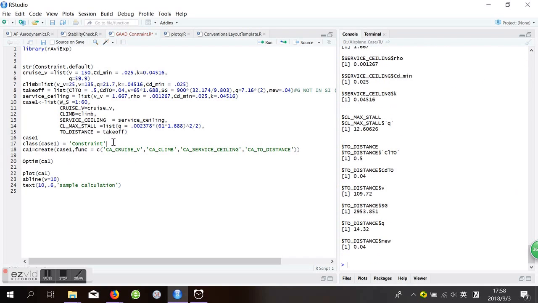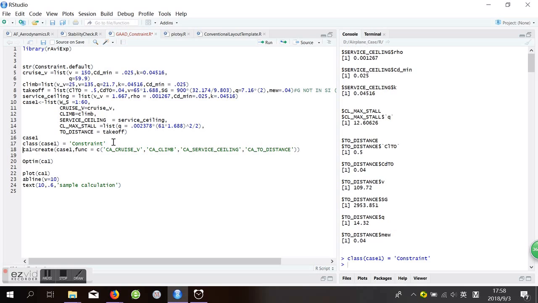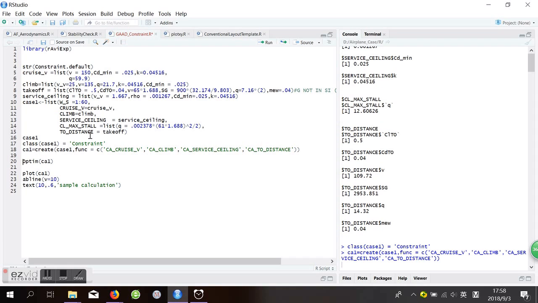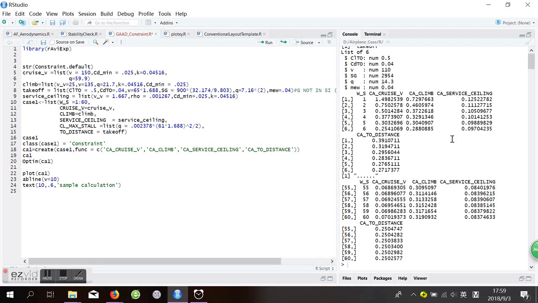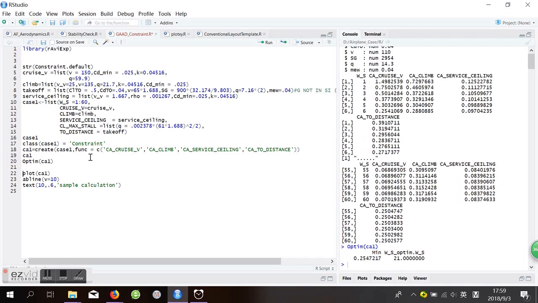So I must classify it as a constraint, so the create function actually recognizes this, and then I create something called CA1, which is the result of this, and output the result, and we can optimize that at some point. At this point is the